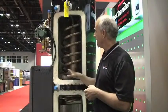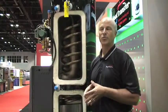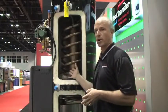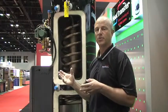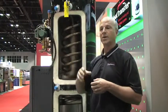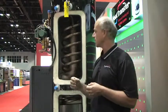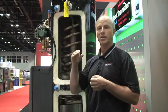One of the things about this tank and the unique part of the design is we have hydronic stabilization. And really what that means is that the tank, essentially in the heated water that we heat up in this large body of water here, creates stabilization. And what that means essentially is that if you have small zones, if you have different zones calling at different times in the house, what it does is it eliminates the potential of short cycling, where the heat exchanger